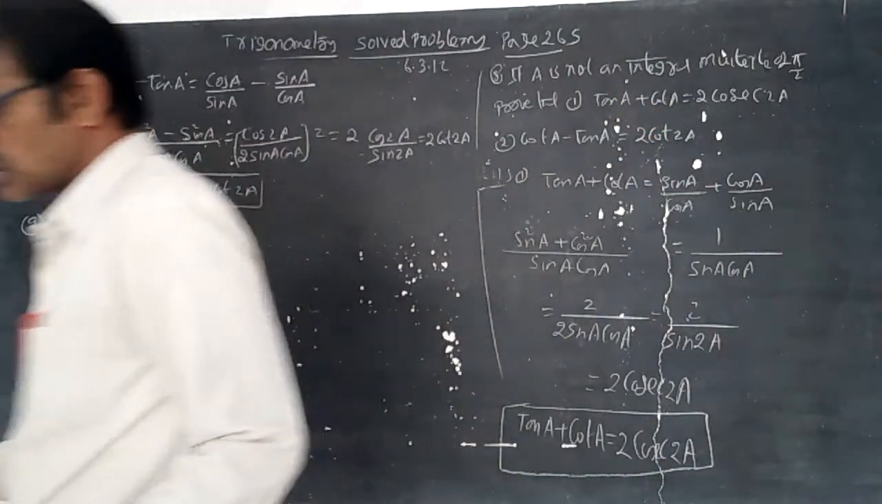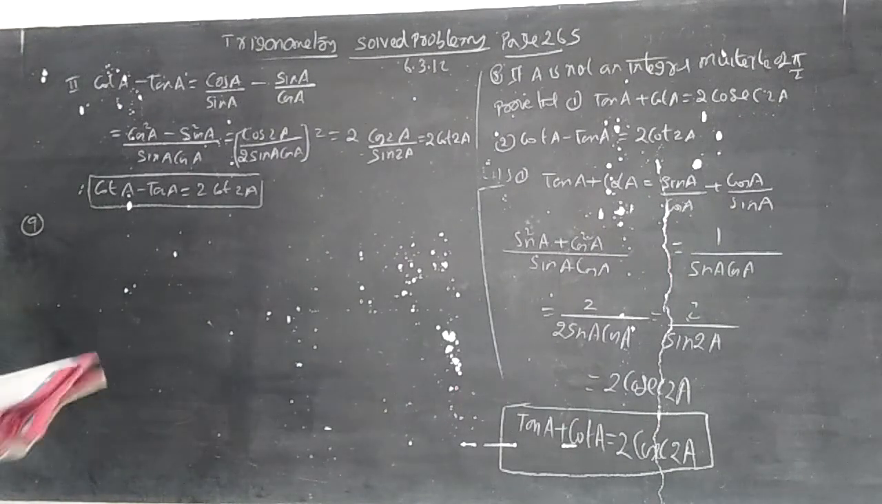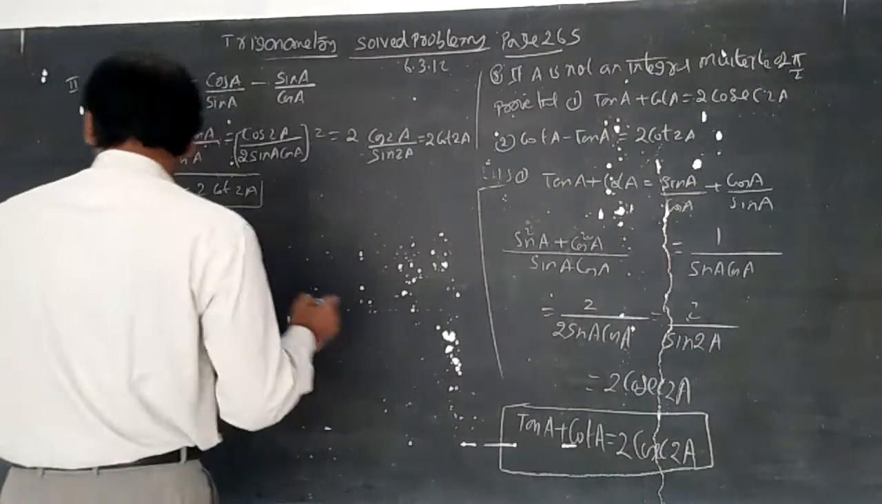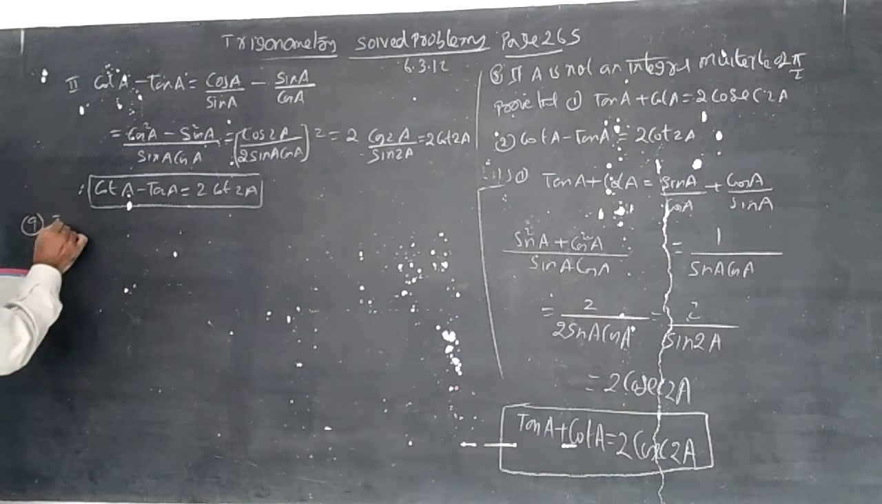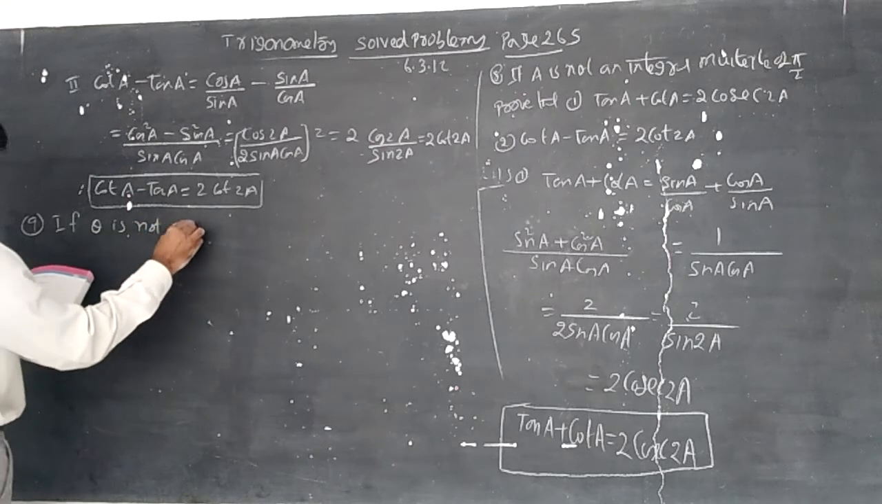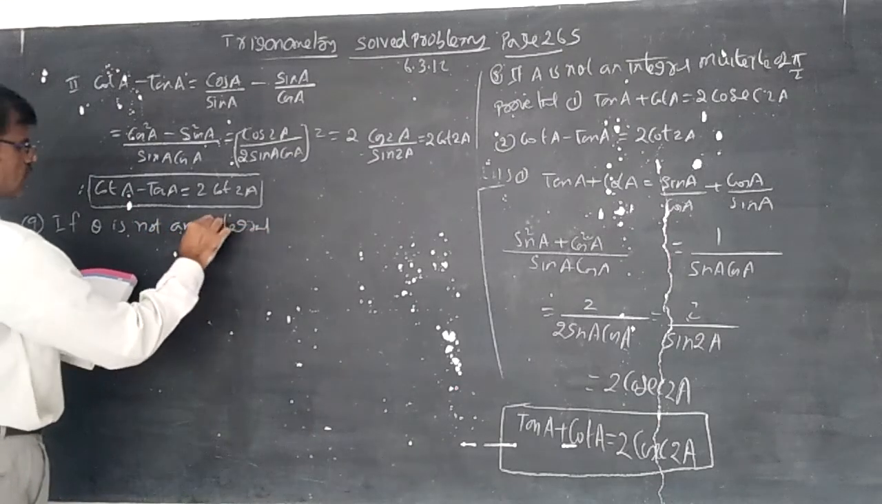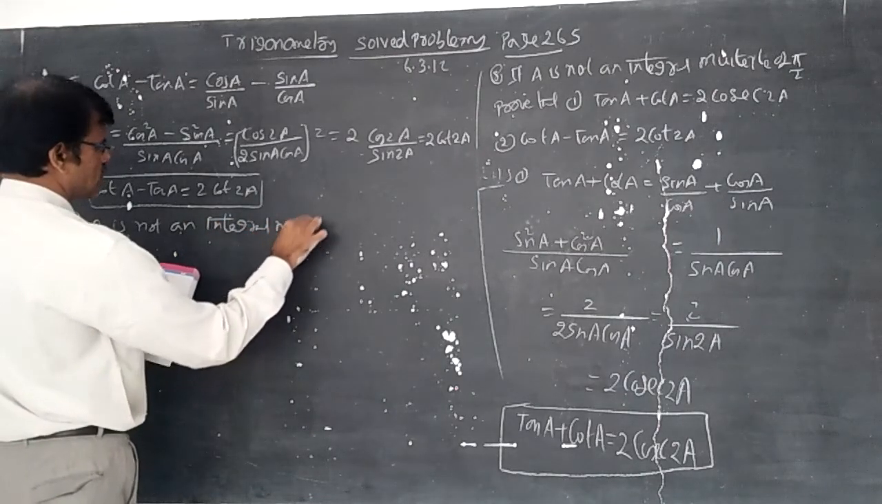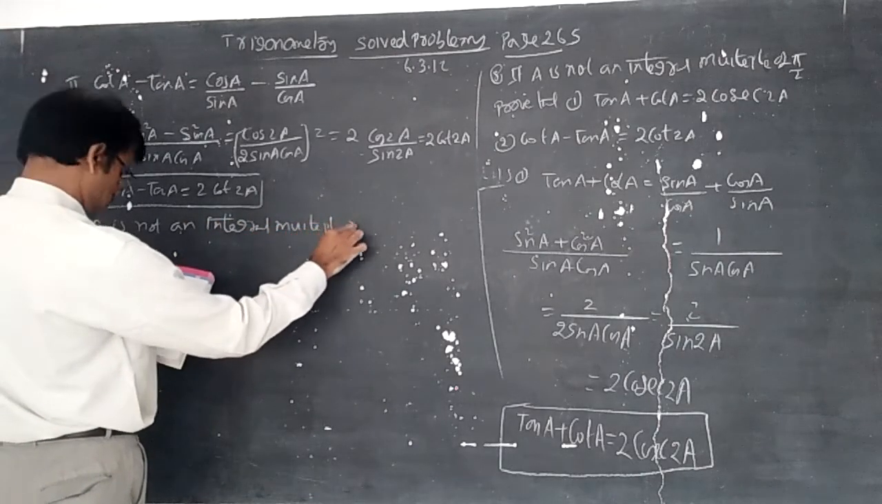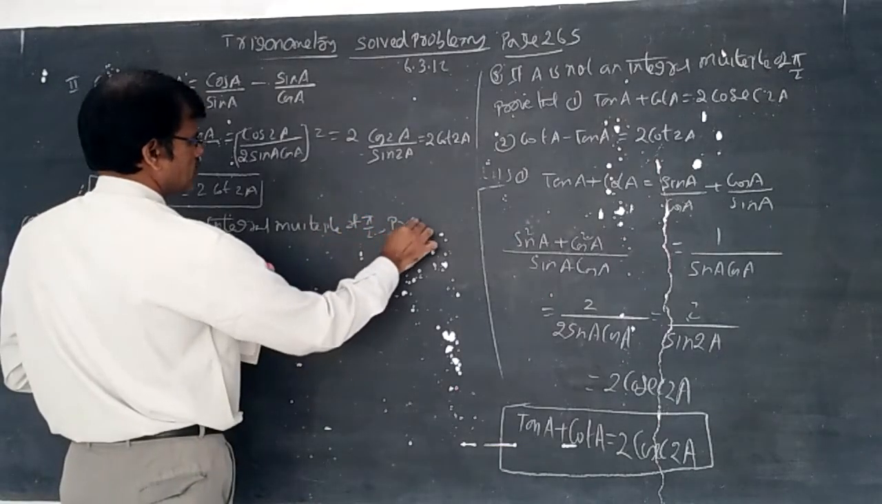Now, the ninth question depends upon this formula. We have a question, that is the ninth one. It is most important for MSET. For objective also, the ninth question is important. If theta is not an integral multiple of pi by 2,